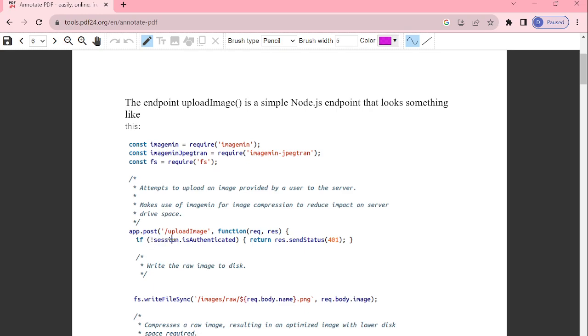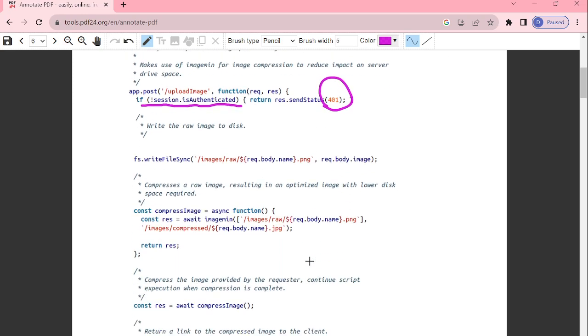Next, app.post upload image, function request response. If the session is not authenticated, it has to return the error code 401. If it is authenticated, then it has to write the file synchronously, image raw request body dot name dot png,